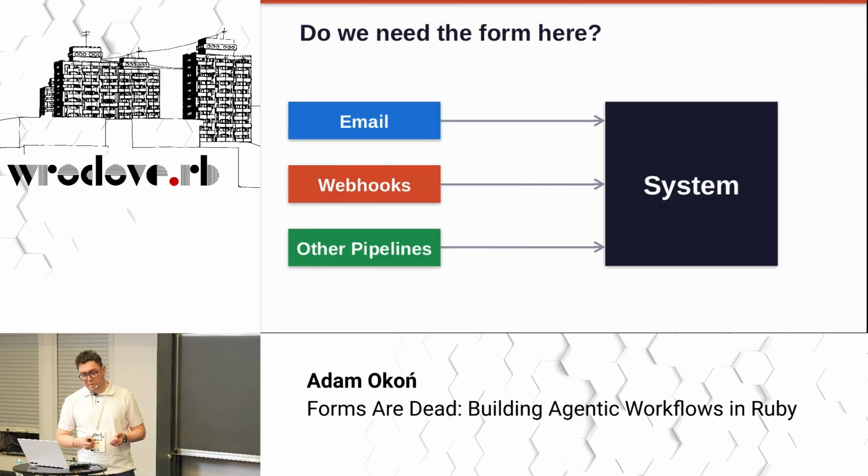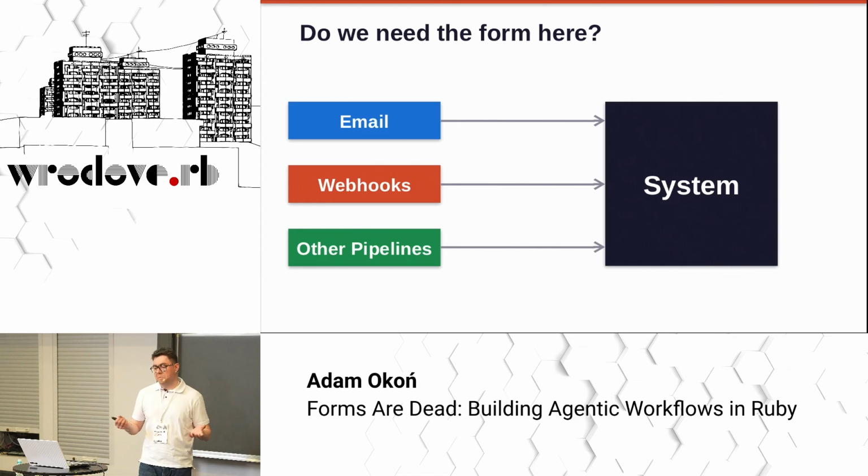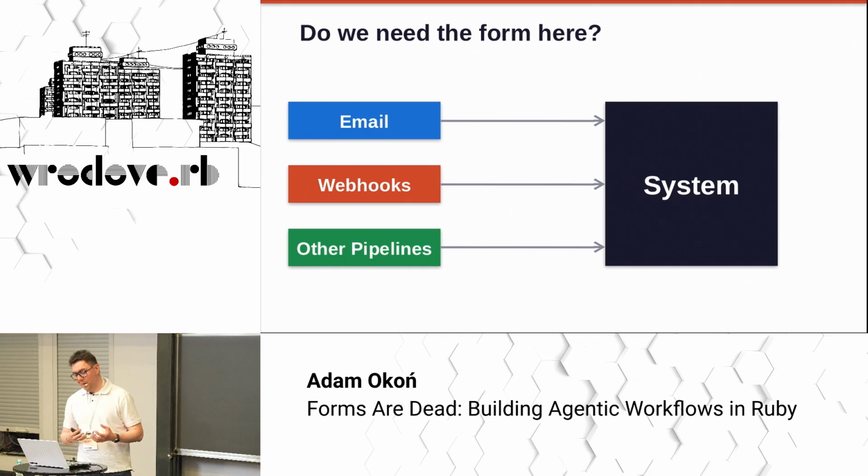to use new patterns to handle concurrent IO operations and CPU operations differently. But there is a question: do we need this form at all, right? We can use direct communication with email, for example. Because now in Rails we have Action Mailbox, a component that can receive emails directly, right? So we can send emails directly to the Rails application and run this process without manual operation from the user, right?